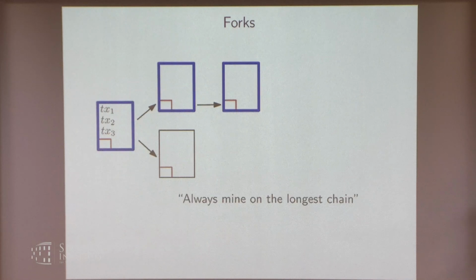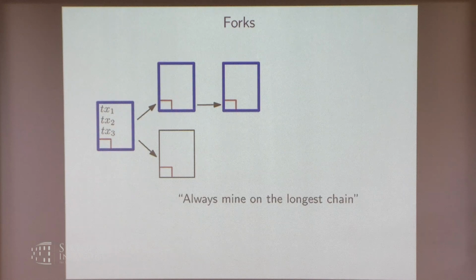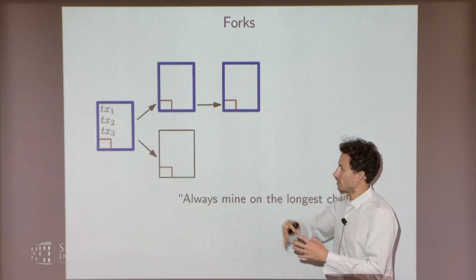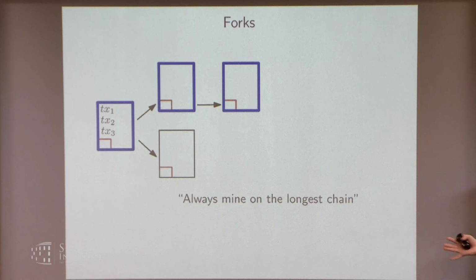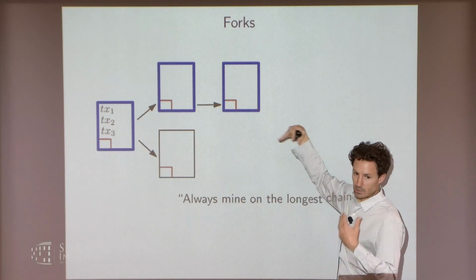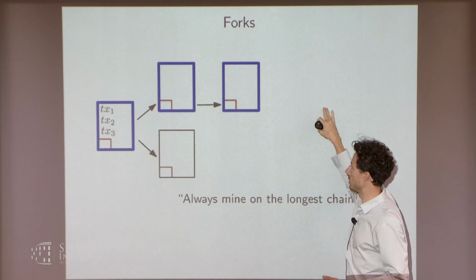So the way that the protocol specifies what you do if there's a fork is called the longest chain rule, which says that if you look at all the blocks you can find, you can construct your local blockchain from all the blocks that reach you, and you take the longest branch of this chain and you consider this to be the state of the system. And if you're a miner, then you will try to extend here.